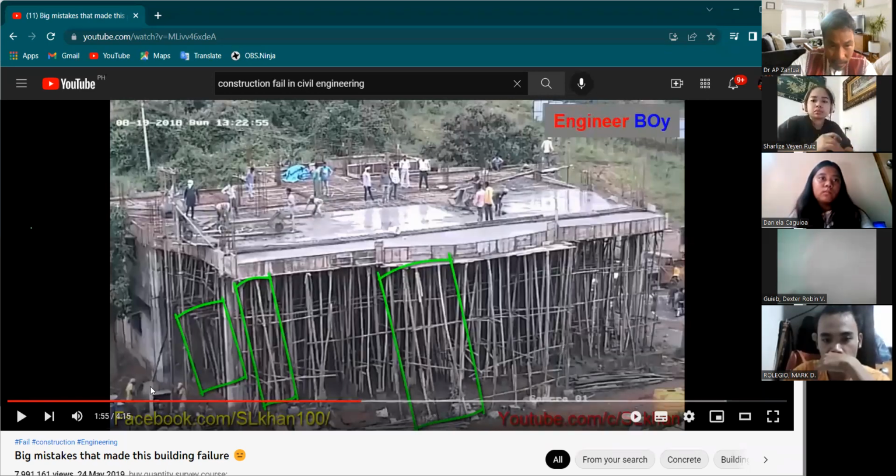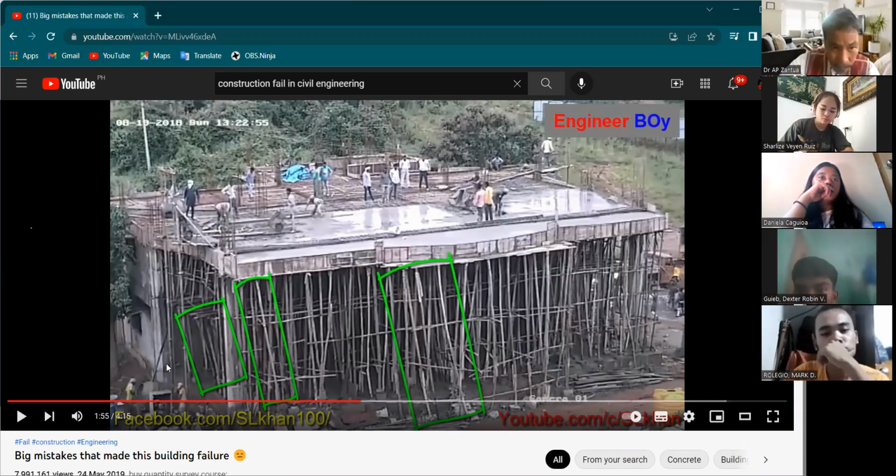There is a mixer here that will produce a concrete mixture and will be brought above using this. I think there is a ladder or pulley here in this portion going to the next